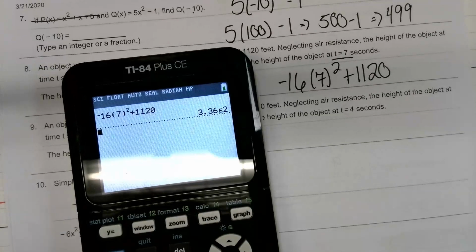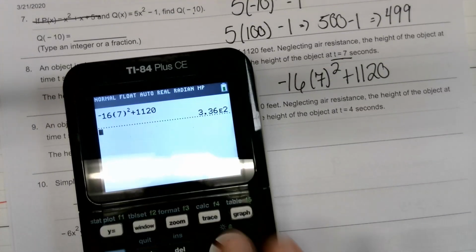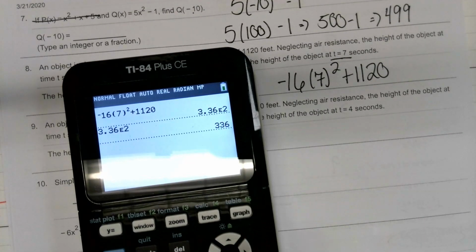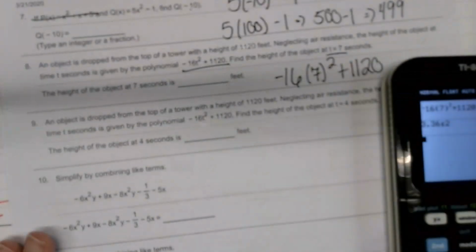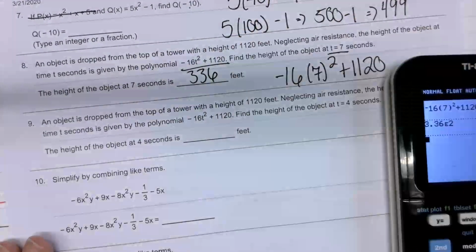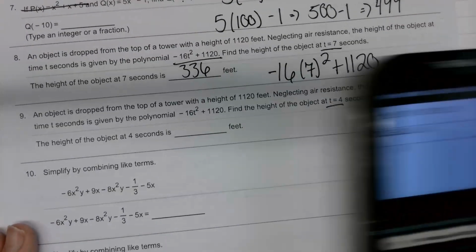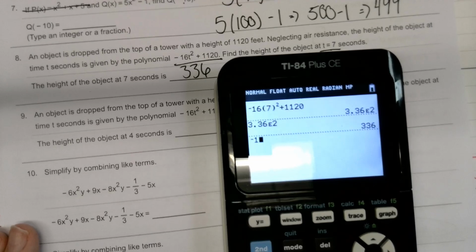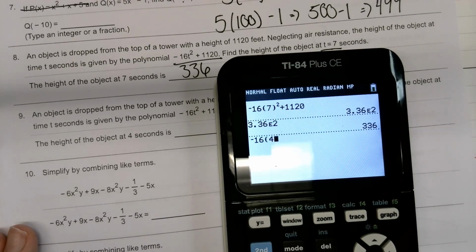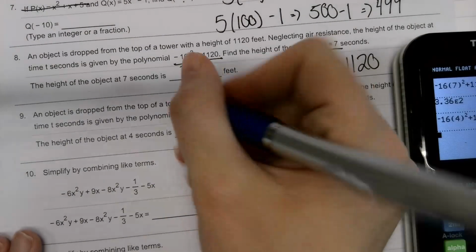And I'm in scientific notes, so let me switch back, enter, clear, grab this, 336 feet. Same thing, except now they tell us t equals 4. So I have negative 16 times 4 squared, 864